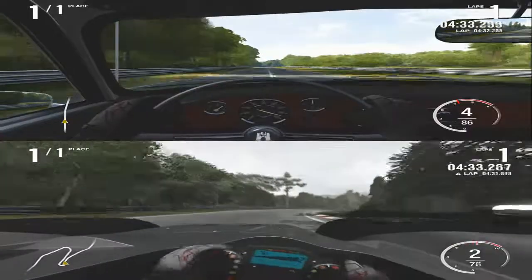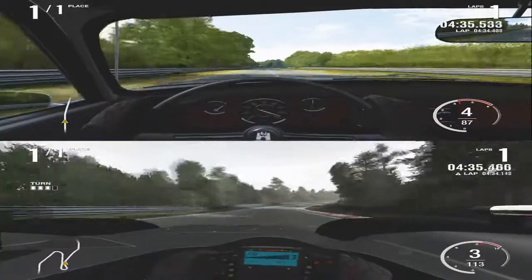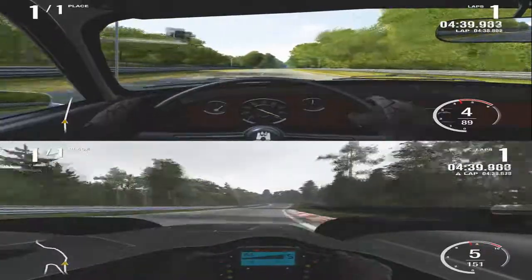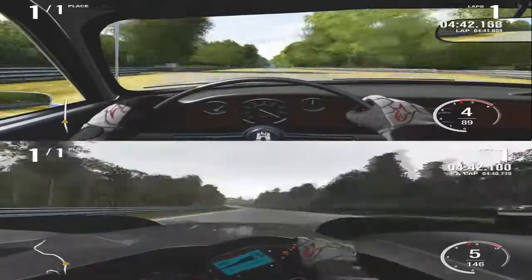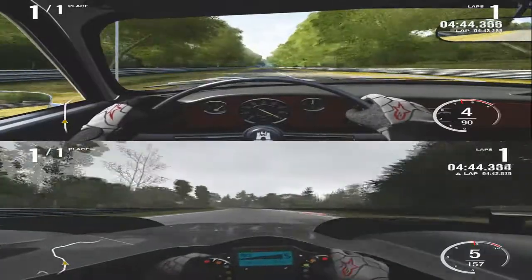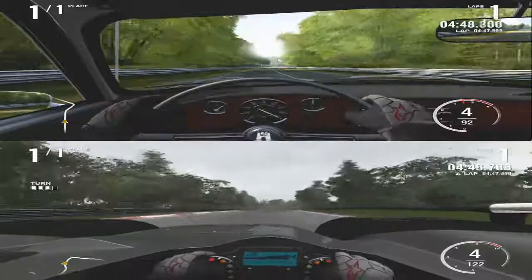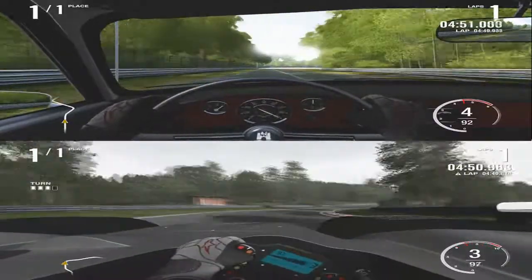That said, it really is difficult to. That was incredible through the Karussell there. It's just absolutely insane. Right, well, the tight twisty section is coming up for the Aston Martin. If this lap so far has anything to go by, I'd say this is going to be pretty epic. Well, yeah, that's going quite easy there. Here comes the